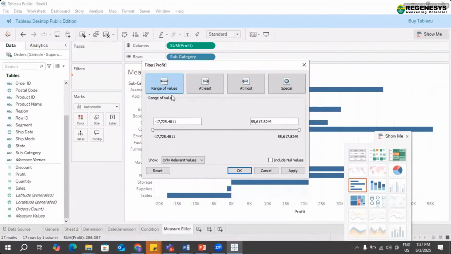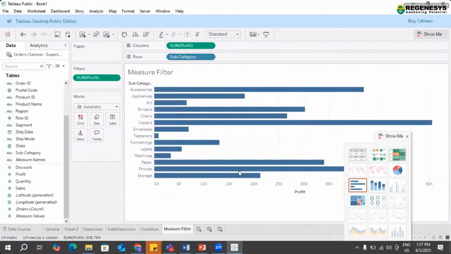Now let's say I don't want the negative values. I am applying the filters. I don't want the negative profit. So I just set a range. My range is now from 0 to the highest positive value. So I am now applying it and clicking on OK.